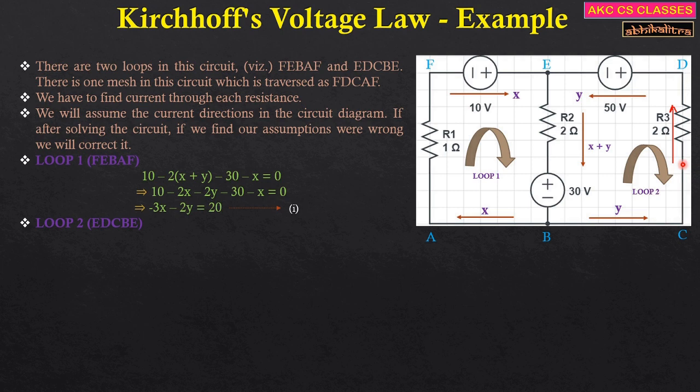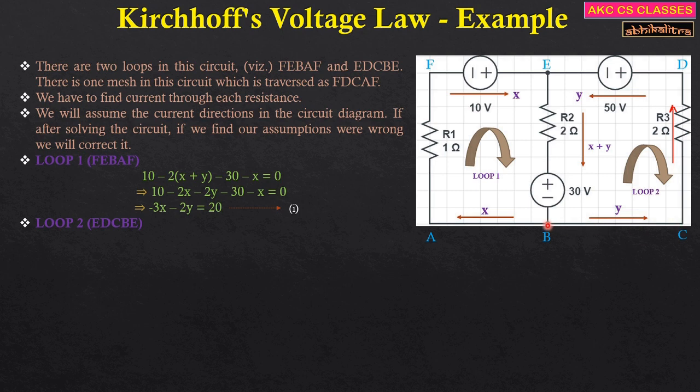If we want to see the value of I, we have already considered this I to be Y. So this current is basically Y, which is flowing from this side and coming to this side, right? So this is the Y current, and the resistance is basically 2. So this will be 2 times Y in this particular wire. And now when we move from C to B, we see there is no circuit element. So we move to this particular point B.